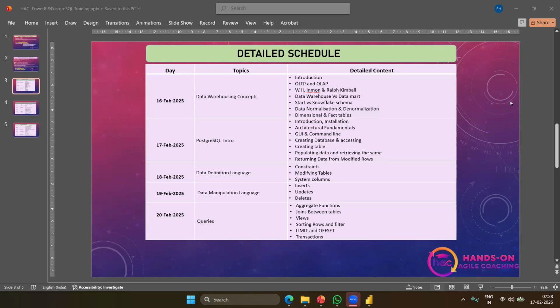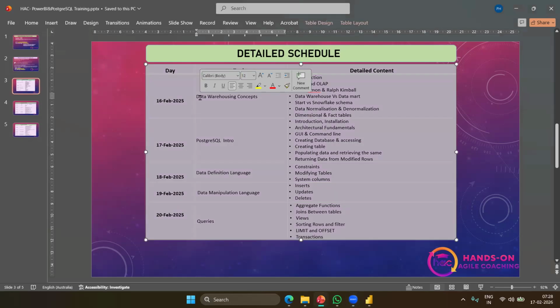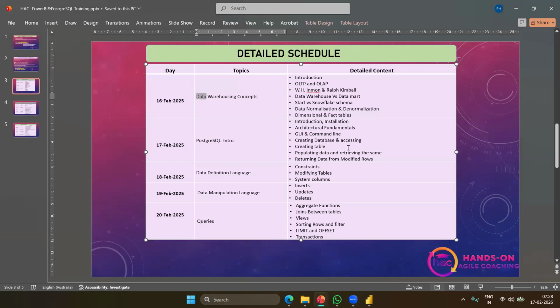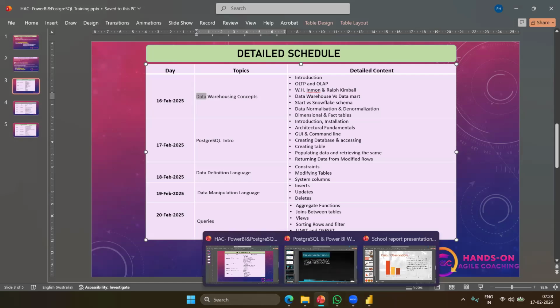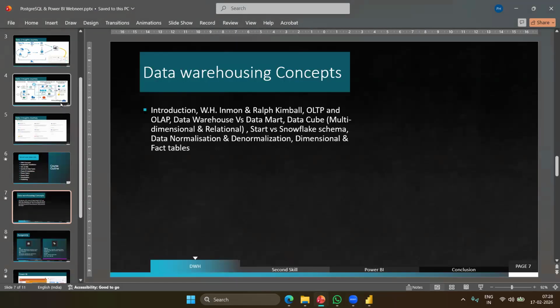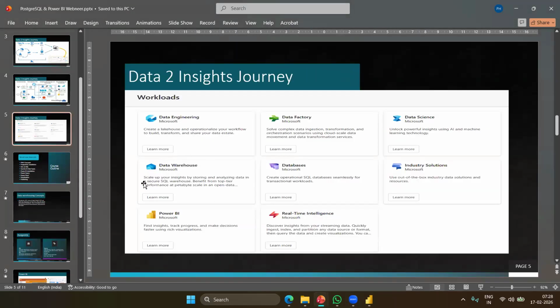Thank you, Bhavani. Now coming to the first class, what we are going to cover is the data warehousing concept. I just want to understand what comes to your mind when you hear the word data warehousing, or when you hear the word warehousing?